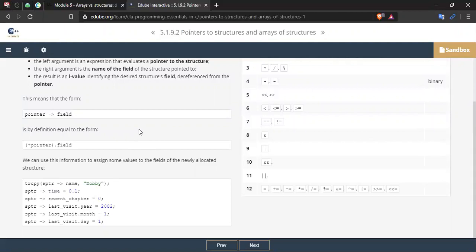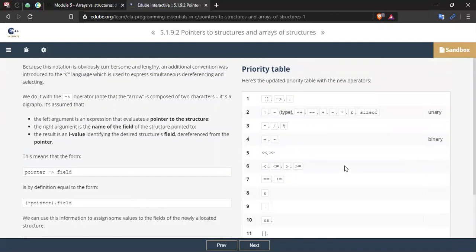So this is strcpy(sptr->name, ...); sptr->time = 0.1; sptr->recent_chapter = 0; sptr->last_visit.year = 2002; sptr->last_visit.month = 1; sptr->last_visit.day = 1;